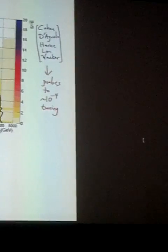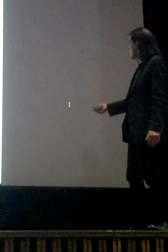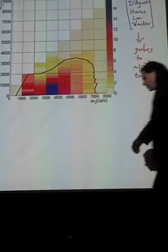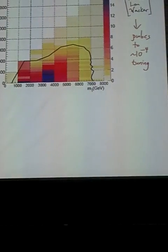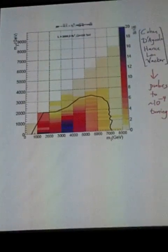But as many of you know, direct stop production through s-channel production is a lot worse, even at the LHC. This plot goes up to about 7 TeV. The more recent things that they're telling me, with slightly better techniques, go towards around 9 TeV or so. So that's almost a factor of 10 improvement on the reach relative to the LHC. And that takes the fine tuning